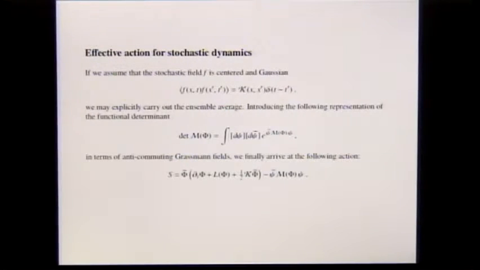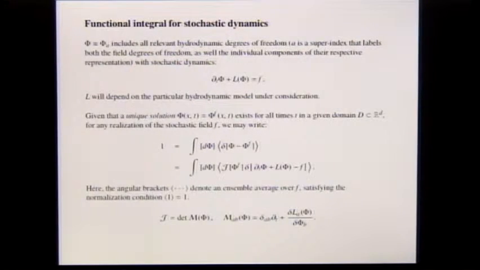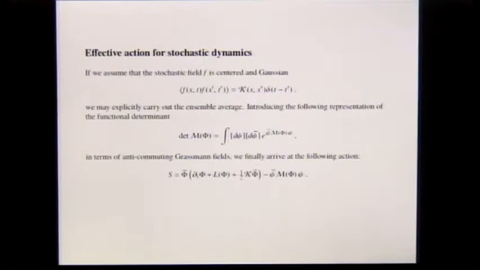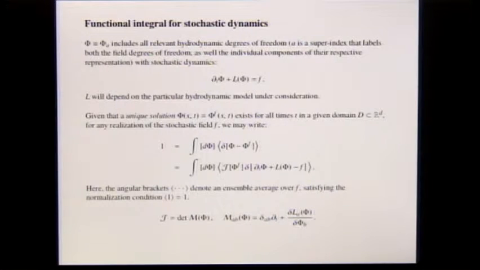And what I will do is I will write the functional determinant that we got by doing the change of variables in terms of Grassmann variable fields. Right? So if we expand the exponential, we can reduce the term on the right-hand side in terms of one expression apart from the one. And that is exactly the determinant. So by doing this, we are basically done, right? Carrying through the stochastic average using the fact that it's Gaussian. Using this representation of the functional determinant, I can calculate this expression here and read off an effective action for hydrodynamics. Now, one thing you should notice, it's just an expression of the identity.